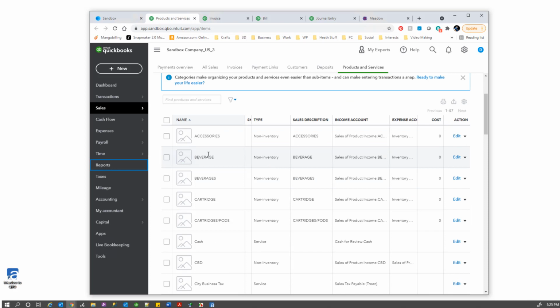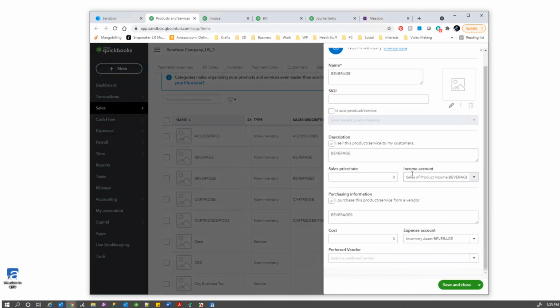So we have you create a non-inventory item for each one of your item types in Meadow, and you can get that information from Meadow to make sure that you create an item for each one of those types that are over there. And when we create that item, we come in, and this is where you have the control over your income account. And here we can see I have beverage set up, and my income account is an income account, but